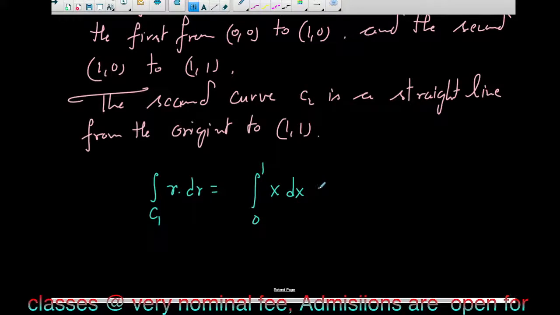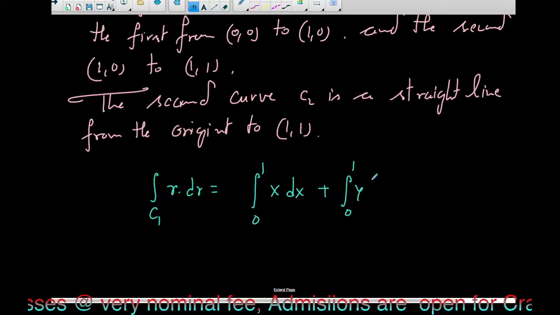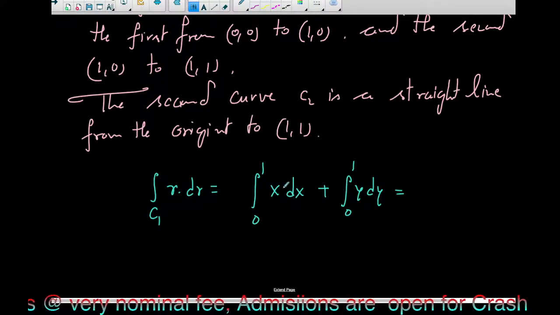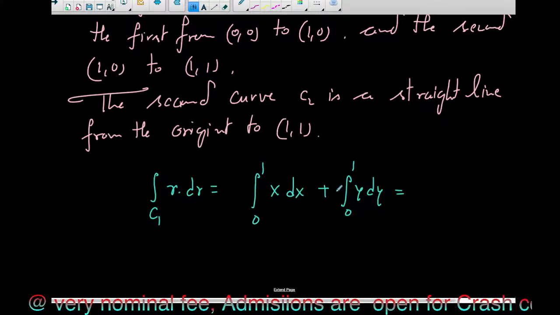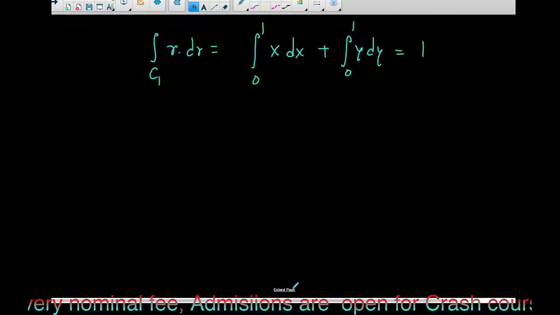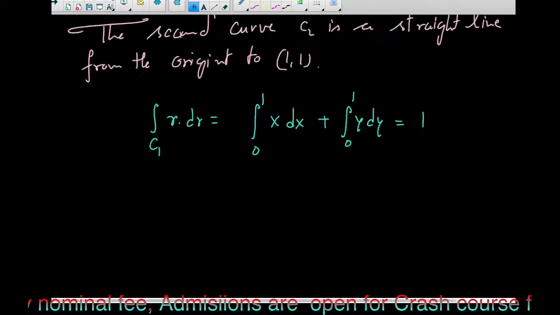x dx, and plus then after we are going from 0 to 1, y dy. अब इसका इंटीग्रेशन करो, ये इसका इंटीग्रेशन क्या हुआ, x square by 2, और ये y square by 2, 1 by 2 plus 1 by 2, that is 1। क्या आंसर आ गया, 1 आ गया। ये C1 कर्व के लिए हुआ। एंड फॉर द सेकंड कर्व, दिस इज फॉर फर्स्ट कर्व, लिखा कि नहीं,